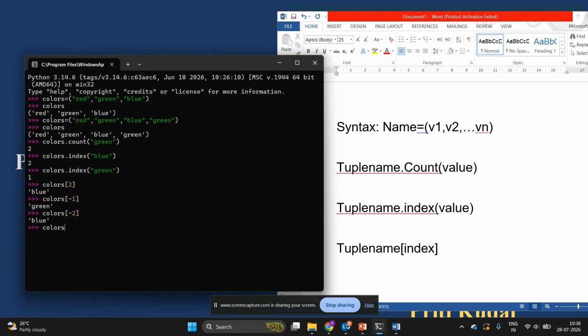colors square bracket, start from 1 and end up to 3. So starting index 1 and ending up to 3. What is it printing? It is starting from 1. The red is available at 0, so it will be skipped. At first position we have green, so it has displayed green, and second position we have blue, so it has displayed blue, and third position element is green, but this is the